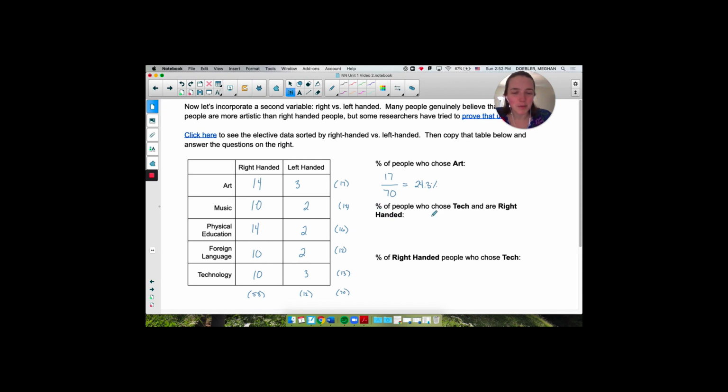Okay, percent of people who chose technology and are right-handed. So let's get the highlighter out here. Technology is this row, right-handed is this column. The number of people who chose technology and are right-handed is